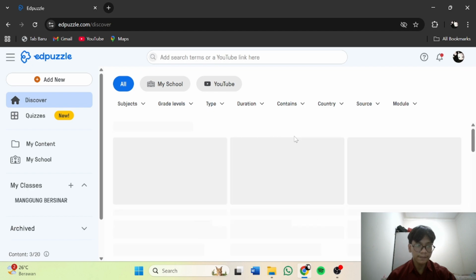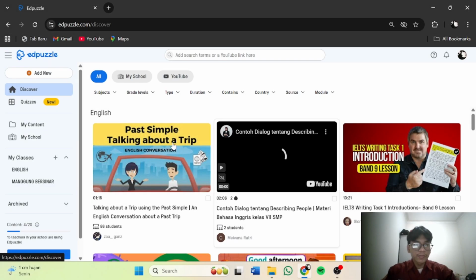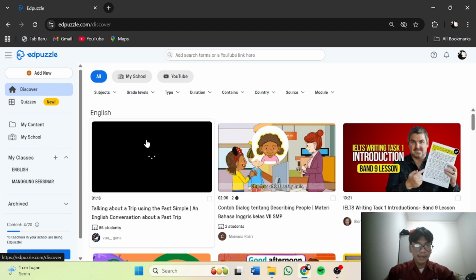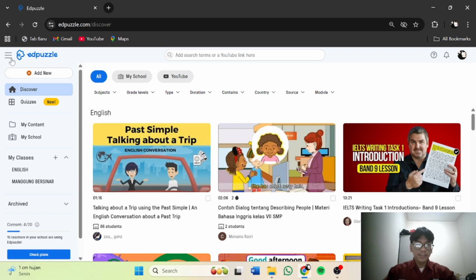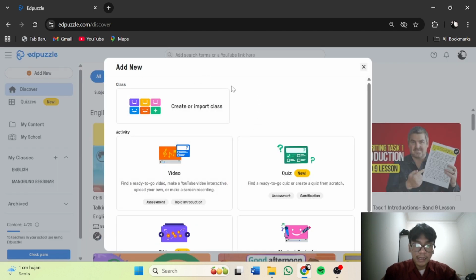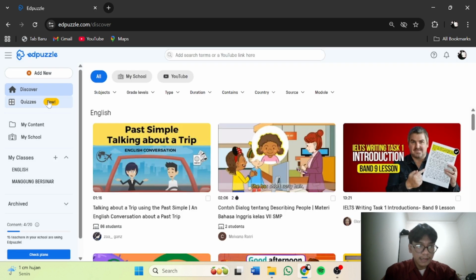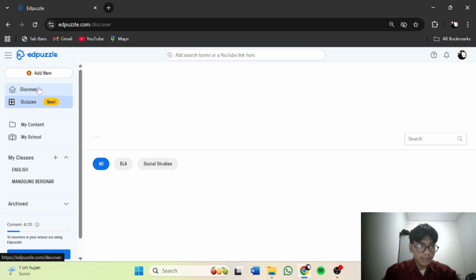So this is what you see when you log in as a teacher. At the top left here, there is a navigation button, and when you click on it, the features that you can use for free will appear. The first feature in this section is Add New, where you can create new classes or activities. Next, there are Discover and Quizzes features.